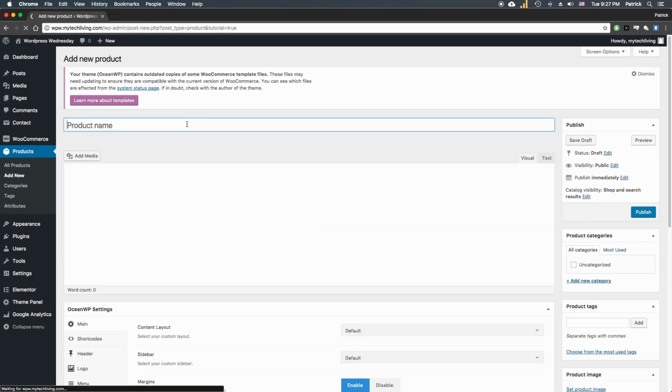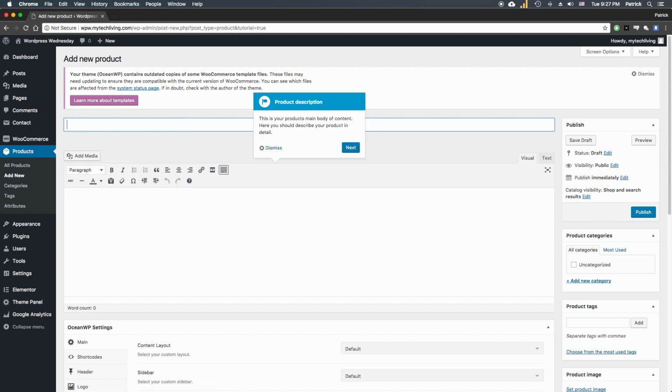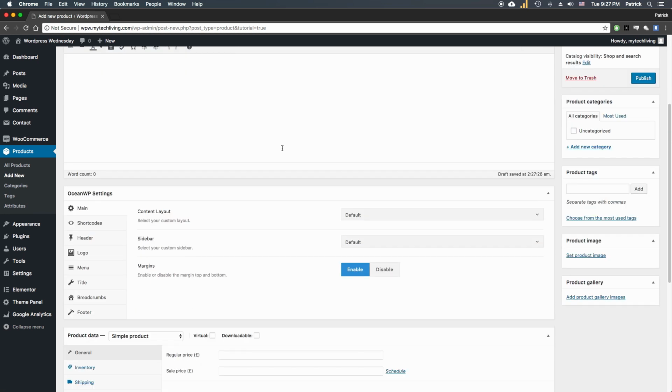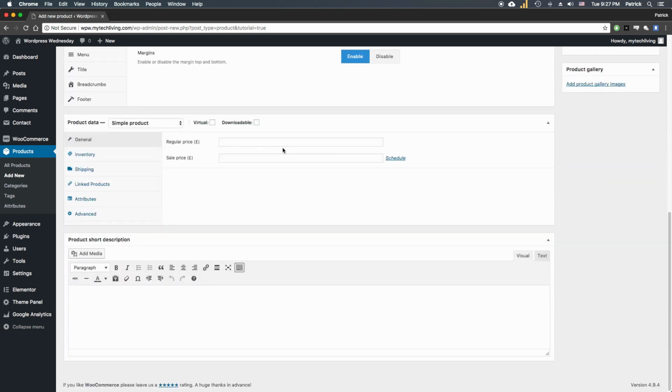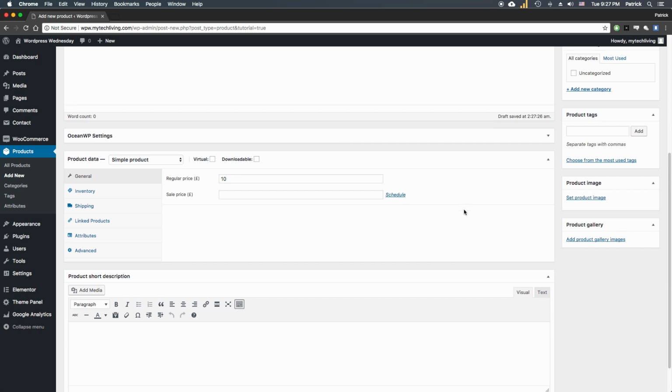Okay, so let's just add something simple. Let's say a t-shirt. And then scroll down, and you're going to see the product data. With the product data, you're going to select a couple different things. You can set the base price here, so let's just say this is £10. And if you hit Publish,